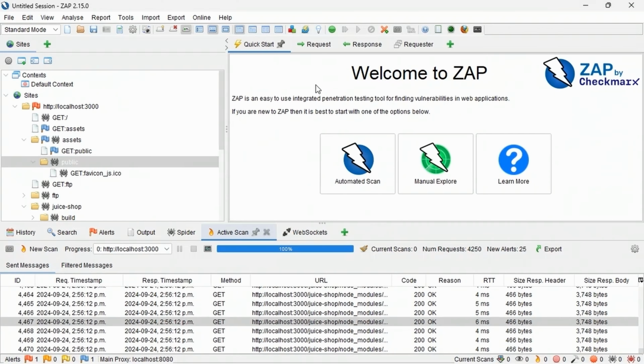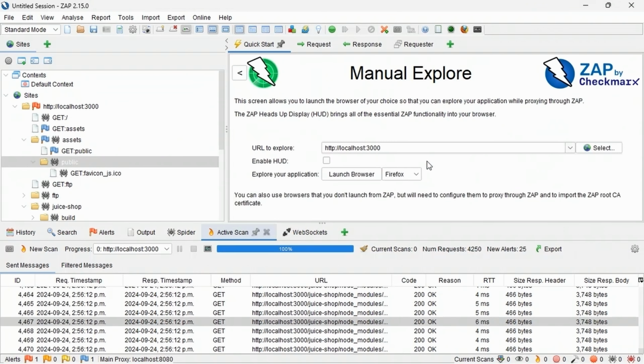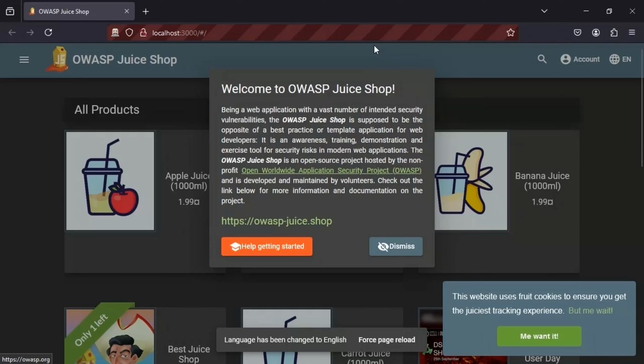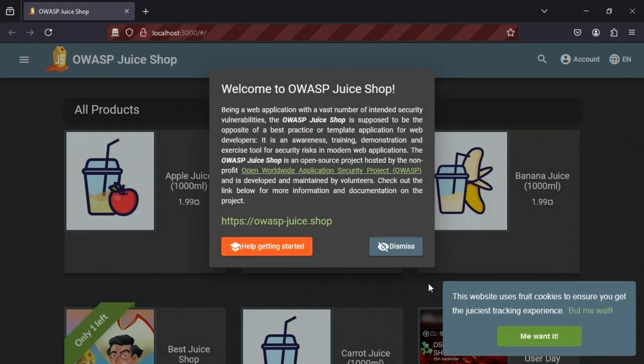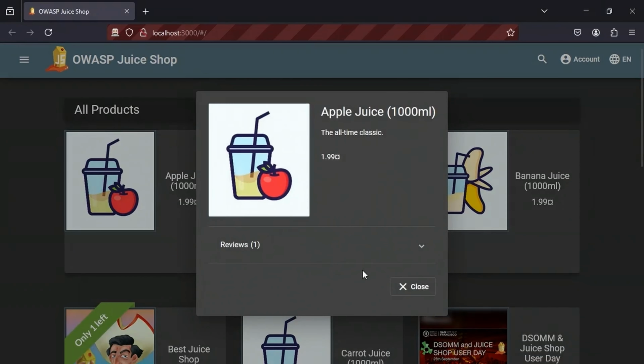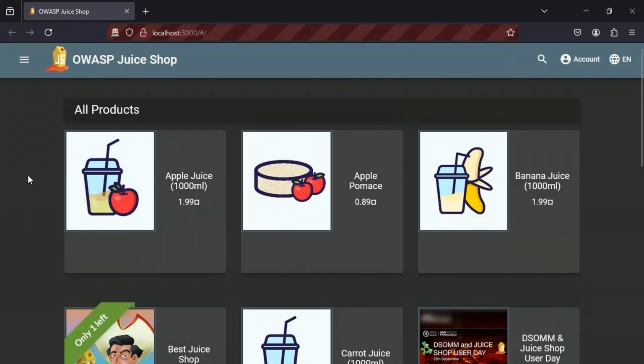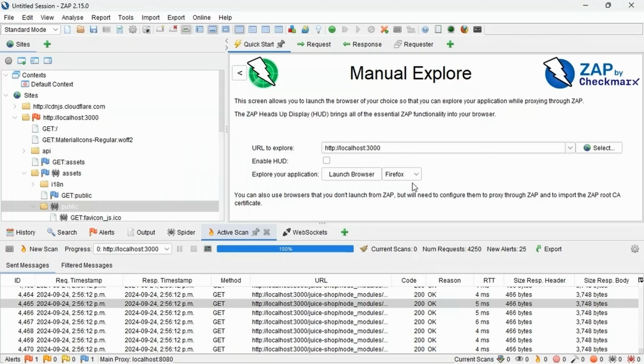If we return back to the original Quick Start menu, we can click on Manual Explorer as well. With Manual Explorer, we can launch a specific browser to explore the application that we've selected. And when I click on Launch Browser, I'm brought to the vulnerable web application that's running on my local system. And I can start navigating around the website as normal to either try to find my own vulnerabilities or verify anything that the active scan had found. If we go back to the Manual Explore tab, we could also check on Enable HUD. With that checked, we're going to launch the browser again,